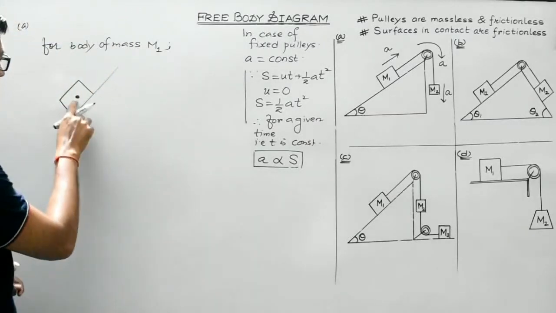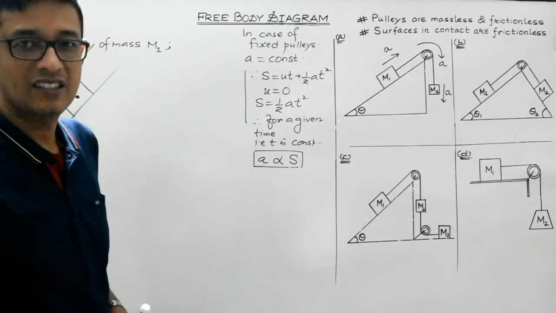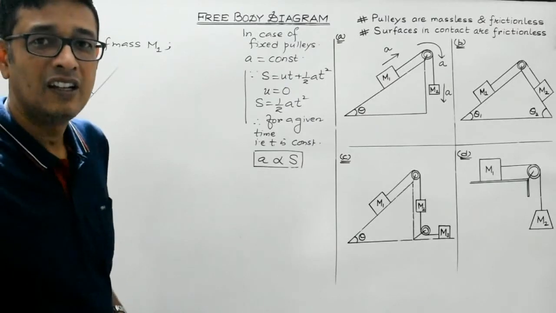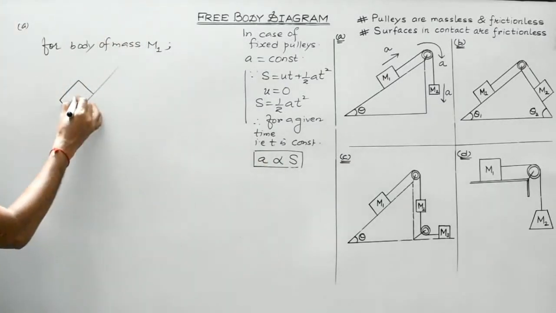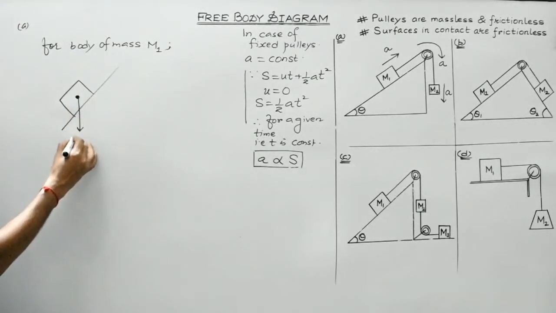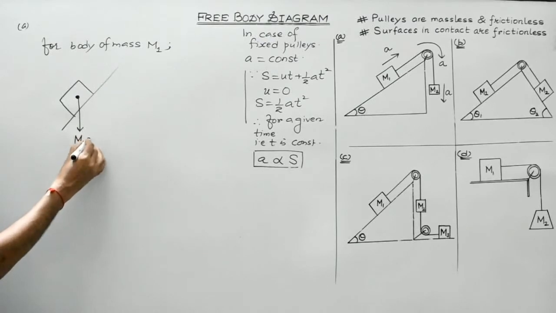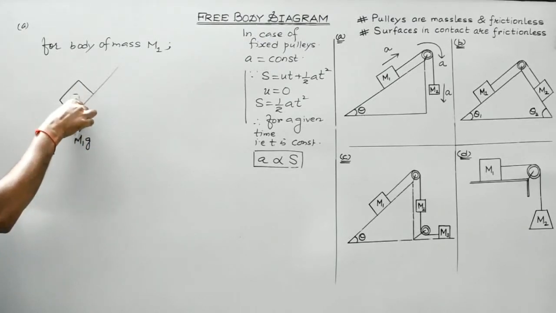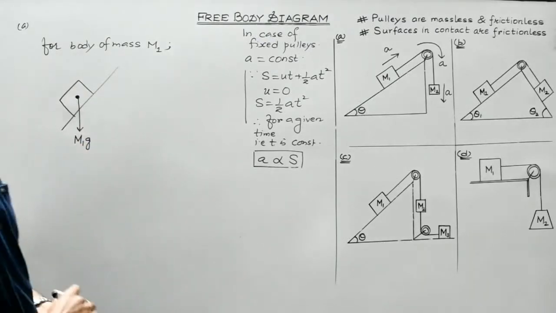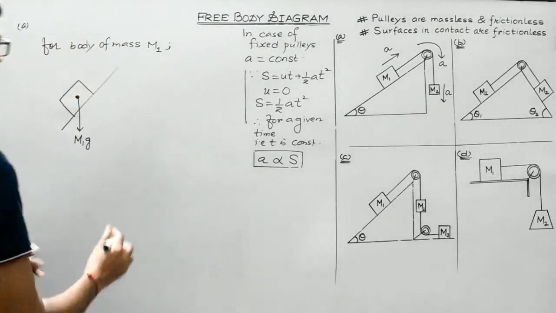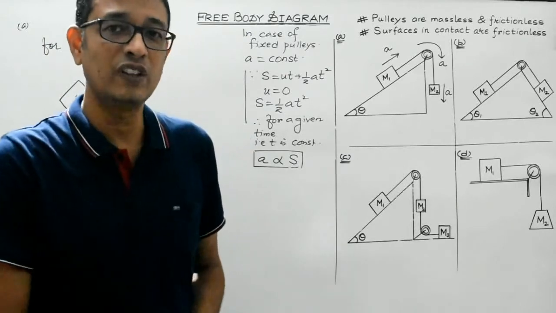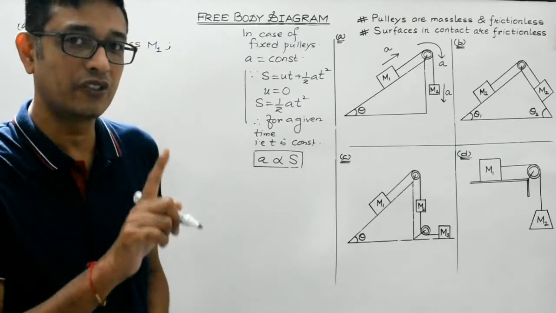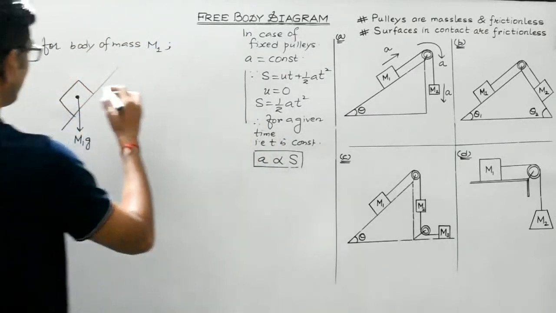So this can be termed as center of mass. And in case of symmetrical body, center of mass and center of gravity coincides, isn't it? So what are the forces acting over here? One is the weight, that is m1g. It will always act in the vertically downward direction towards the center of the earth, right? Second is reaction. We have discussed, students. Reaction is a force which always acts perpendicular to the surface over which the body is placed. So reaction would be like this.